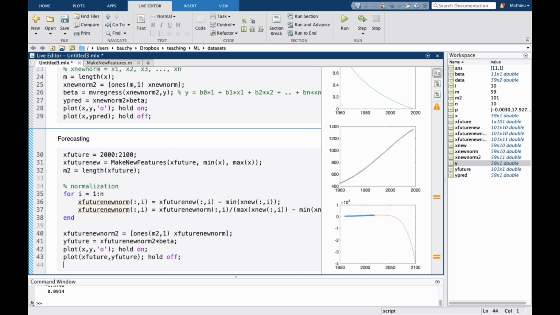Now, so far we had done some feature engineering. We created some new features, which is good because now we can fit the model with just a simple linear model. But now we need to get rid of the useless features. We only need to keep the very single features that are the most influential. So this is going to be the feature selection step where we are going to use the Lasso method to